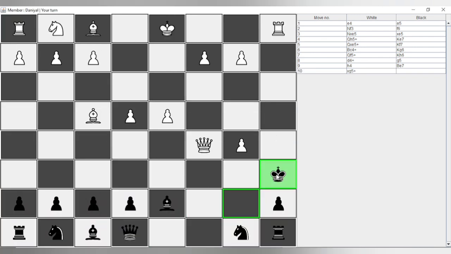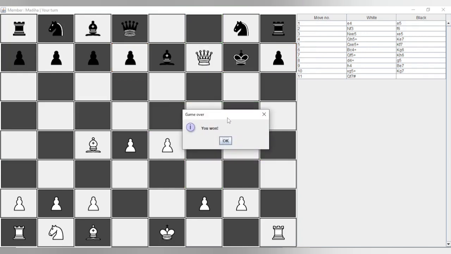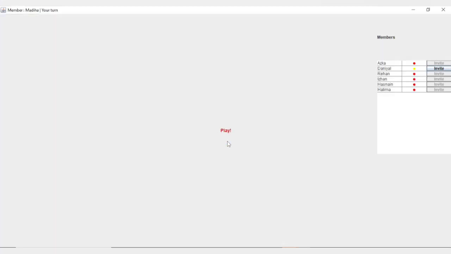Now the king will move here to b7. Now the white queen will put the king in checkmate and the game finishes, and both players get notified who won, and the history table got submitted correctly with the correct result, queen f7 checkmate. Madiha got notified that she won. You won,